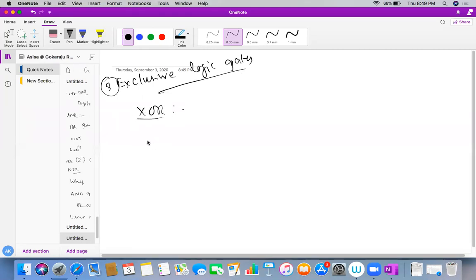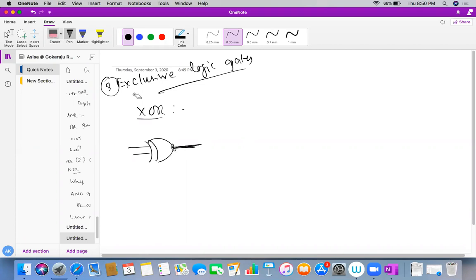So what is the XOR symbol? Sorry, this is your XOR. There is no bubble, students.